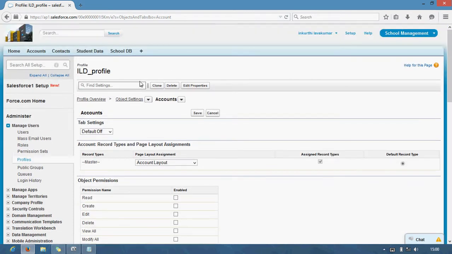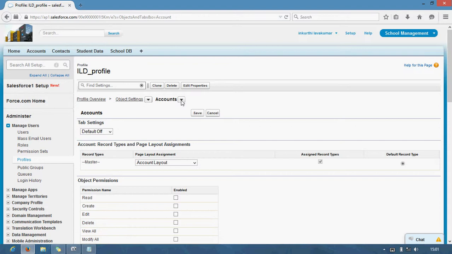Now, to view profiles, you need user permissions. Actually, user permissions are needed in two scenarios: to view profiles, and to delete profiles and edit properties. Search for an object's personal settings, and clone the profile.